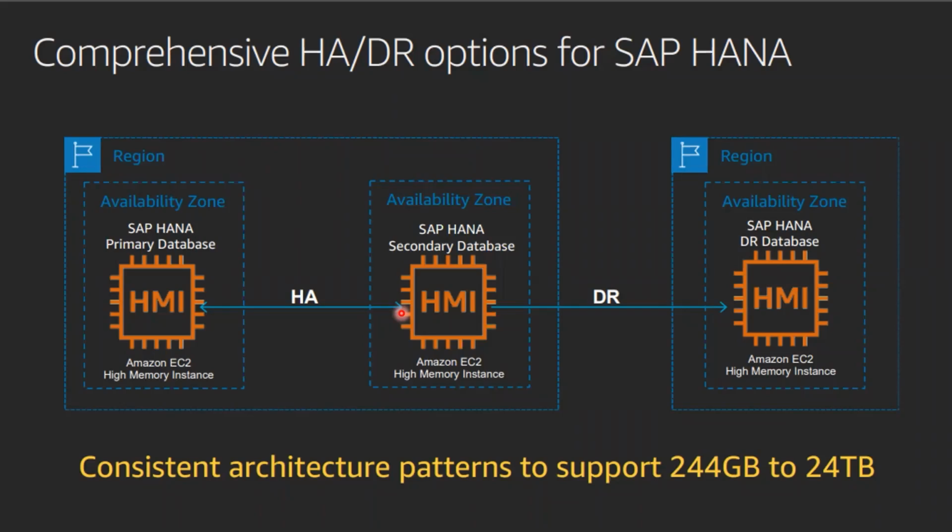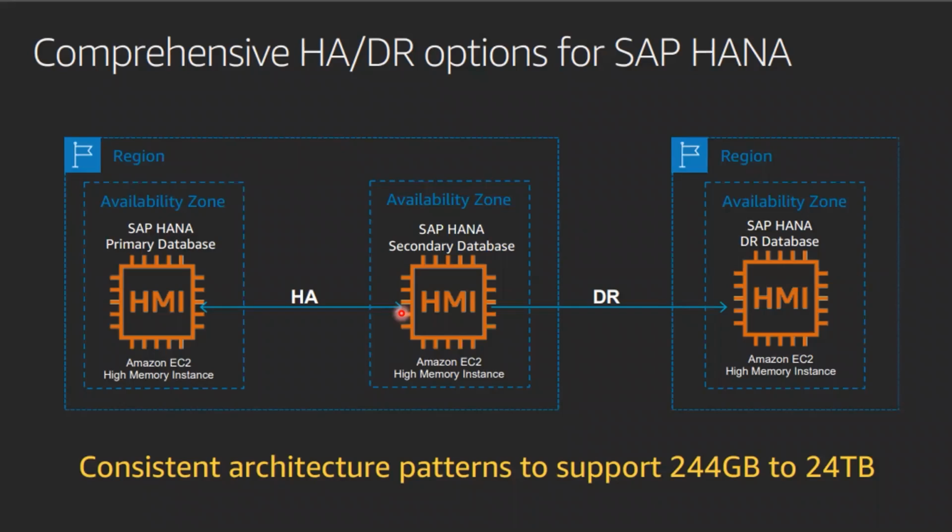Now, it is possible to get private connectivity between these two regions. There are multiple options through which you can establish private connectivity between these two regions, so data will never go out. It will stay within the AWS data center. And similarly, depending upon your DR strategy and RPO and RTO, you can have the application tier up and running, or you can shut down the application tier to save cost if you're okay with the